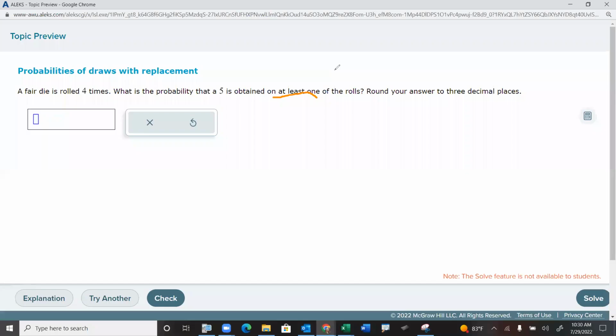That's a lot easier. Okay, so here is the slow way of doing it. I really recommend you don't do it this way. So we're saying, what's the probability that a 5 is rolled at least one of the times? So probability that we roll a 5,